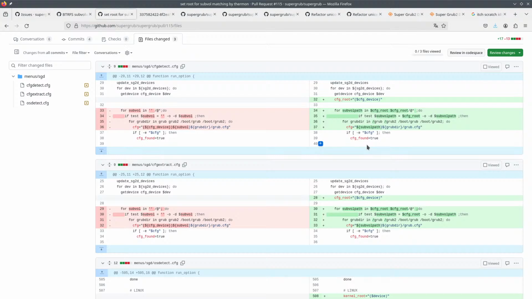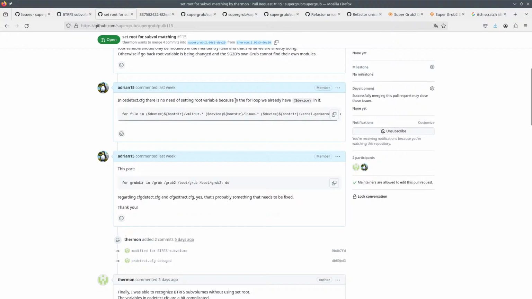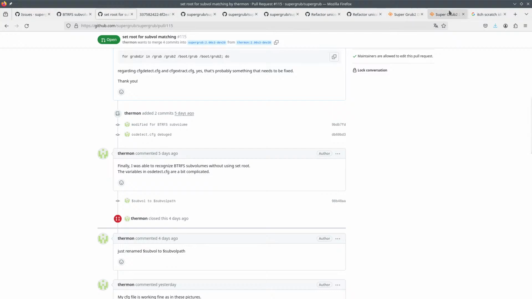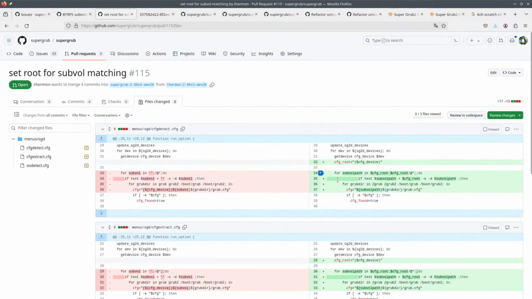So the question is, do we actually have to change this or not? Because I think I already said this was not right. Set root. Okay, this part. So I'm not sure what he's asking for is the right thing to do. Let me think real quick. So instead of using subvol, he's using subvol path. But then he's comparing to empty. Why would you do that? It's always going to be true that this matches this thing here. I mean, not the first one, but